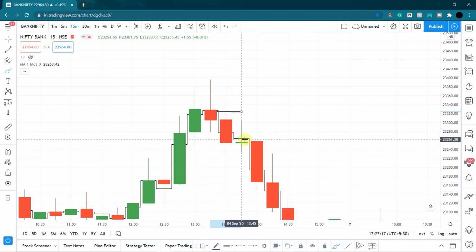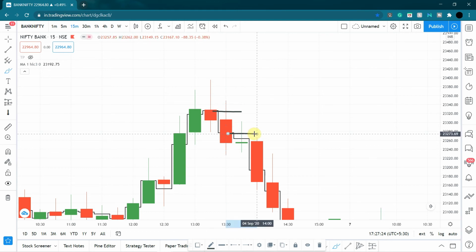Even for the second candle, the mean of the previous candle is right here. So let me just pull a line. And as you can see, the next candle went way above the previous candle's mean and then came down again. So again, the ideal entry is right here. But if you missed it or somehow could not enter, you can come for the next candle and still enter.